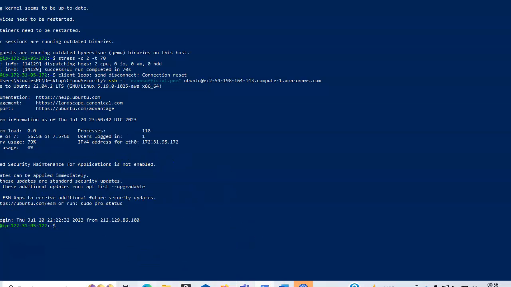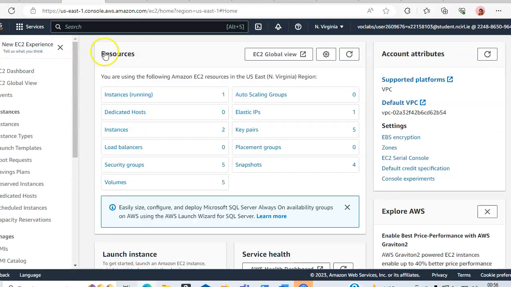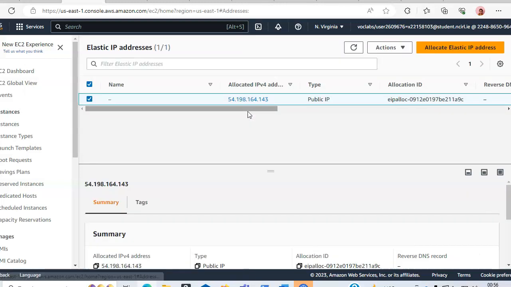I have provided it an elastic IP. The purpose of this elastic IP is that I wanted to have a static IP, because once I manage my domain name or SSL certificates, anytime I run my instance it will change its IP, and I wanted the same IP all the time. So I created this elastic IP, and this is the IP which I have created,